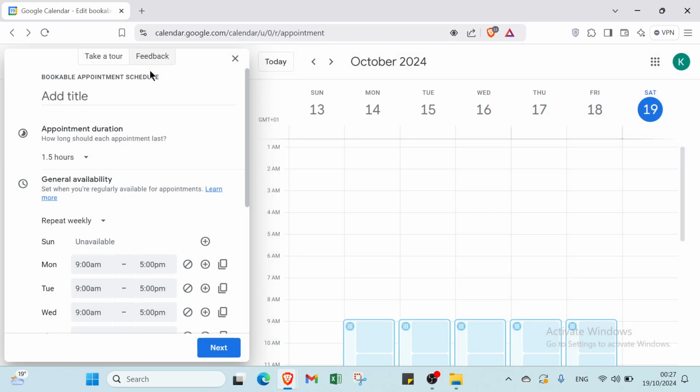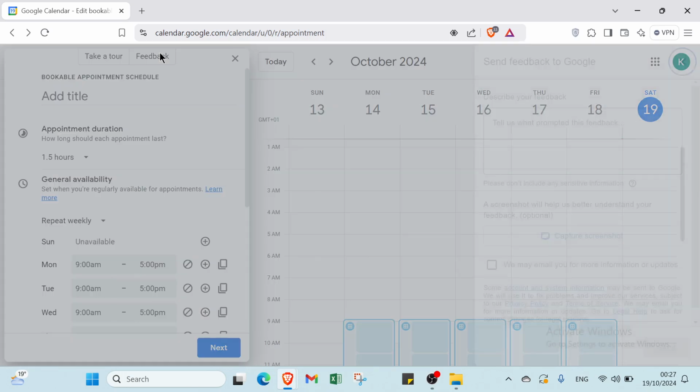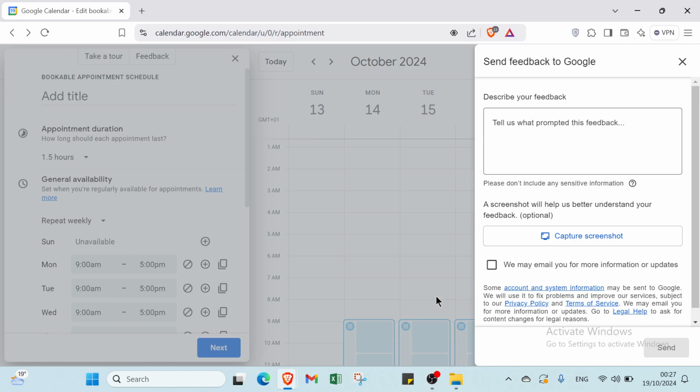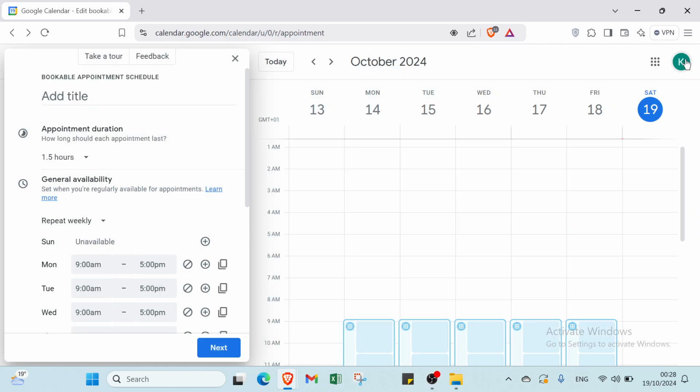Then we have here feedback. About the feedback, here send feedback to Google, describe your feedback, and here we have capture screenshot. We may email you for more information or updates, and you send it. We have click to add a screenshot. Okay, got it, and you add it. All right,